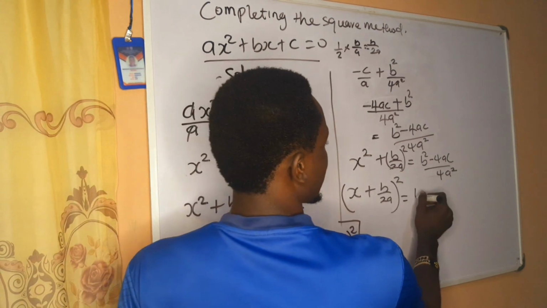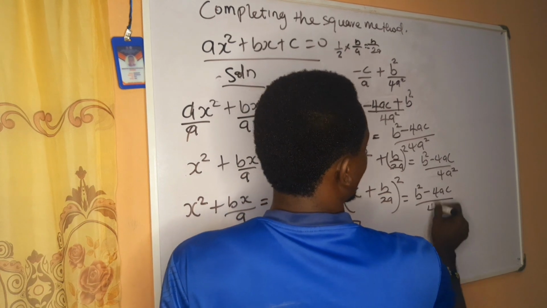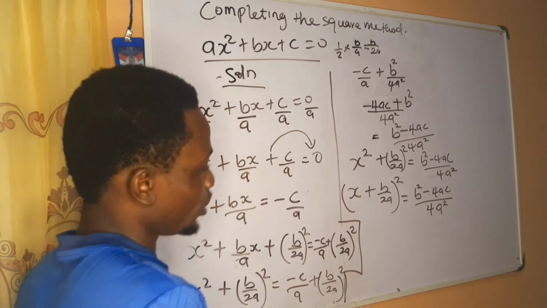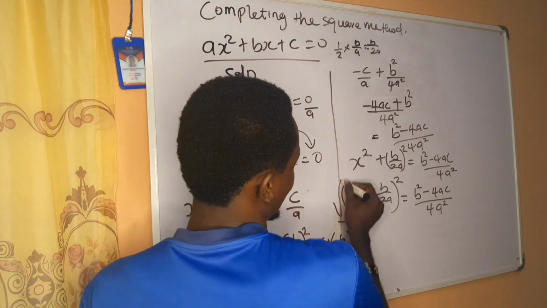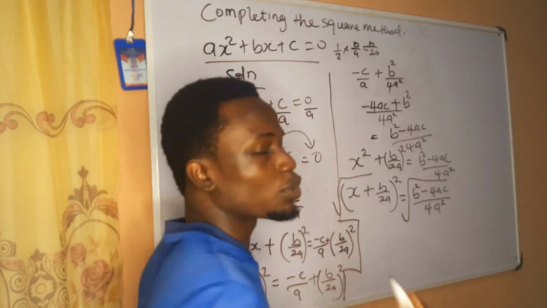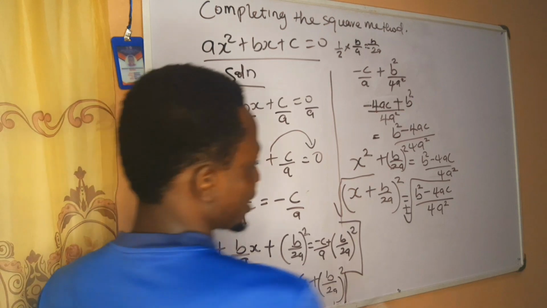And it is equal to what? b squared minus 4ac all over what? 4a squared. Now what do we do at this point? What to do at this point is take the square root of both sides. Remember, once you take the square root of both sides, you're going to get two answers, plus or minus. So the next thing to do now is